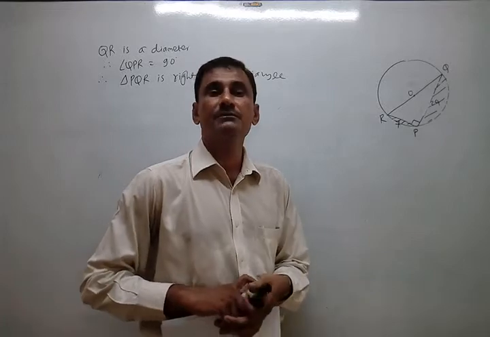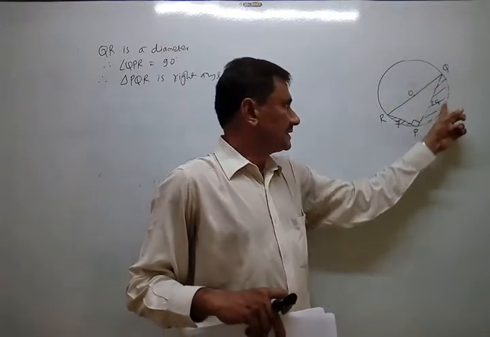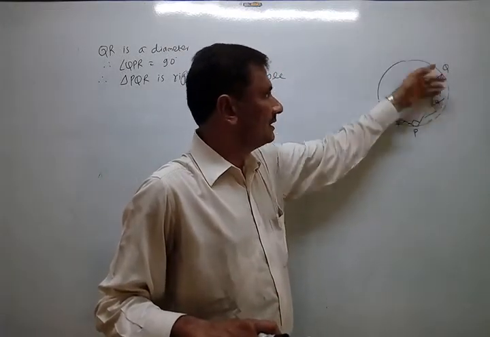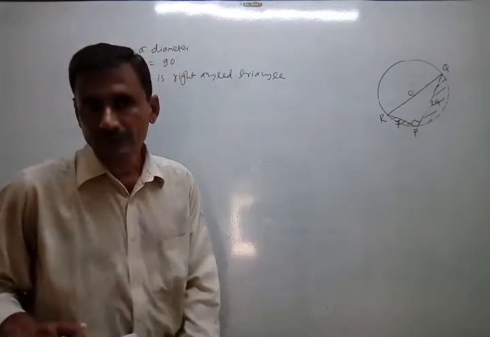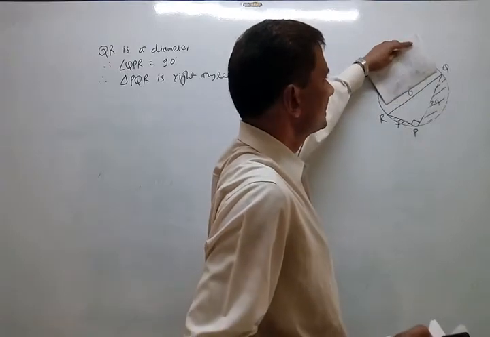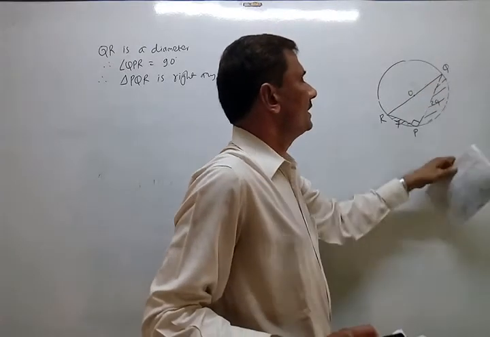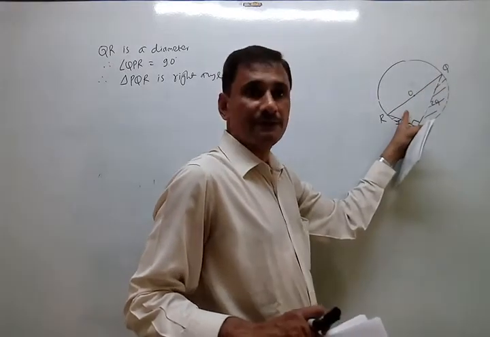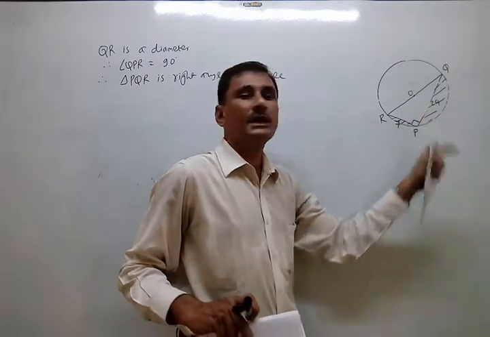Our first thinking must be semicircle minus triangle. Semicircle minus triangle, just understand. This is the semicircle, this part. And if out of the semicircle you subtract the triangle, then obviously this part can be found.